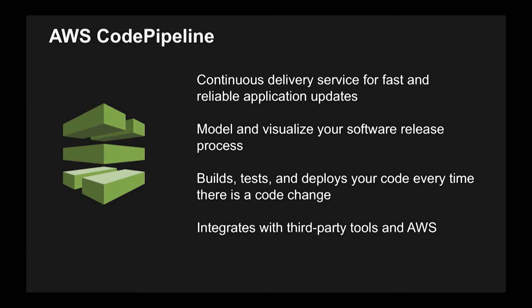So it allows you to automate from check-in all the way out to production with as many different, what we call, stages inside of that as you might need, with as many different actions inside of those stages as you might need, including things like manual actions. And this actually provides a capability for you to integrate with other tools. So there's an ecosystem of third-party tools and AWS tools that exists. You can actually trigger Lambda events from inside of CodePipeline. And so it gives you a lot of options for things that you can do as part of it.